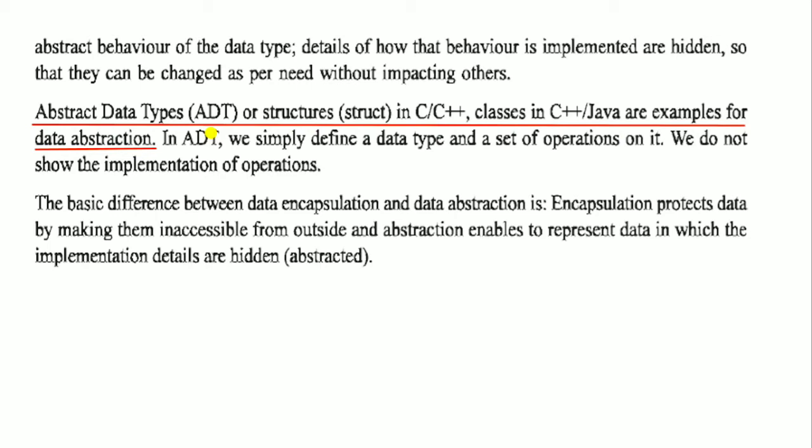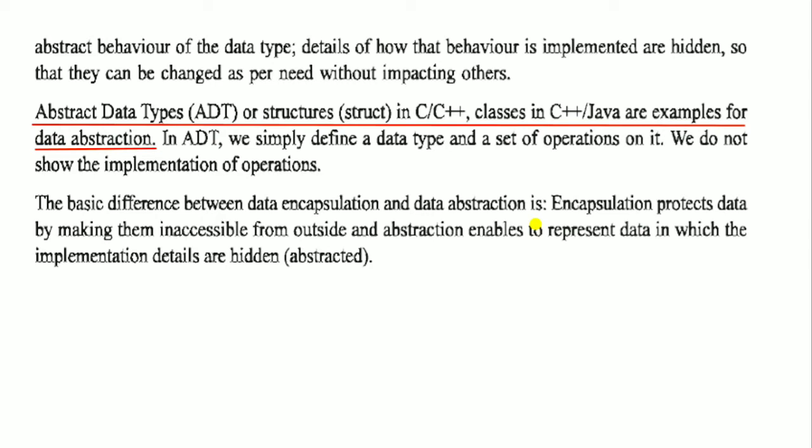The basic difference between data encapsulation and data abstraction is that encapsulation protects data by making it inaccessible from outside, and abstraction enables representing data in which implementation details are hidden. So encapsulation is nothing but protecting the data.